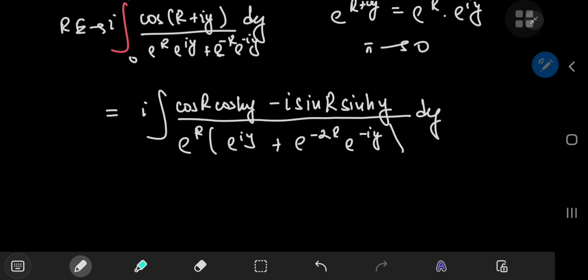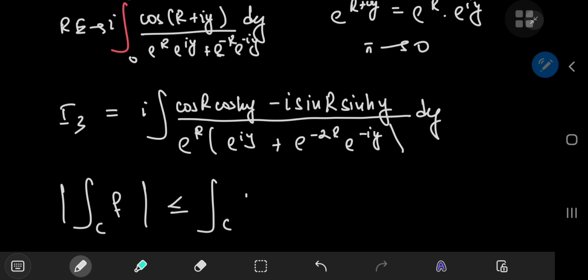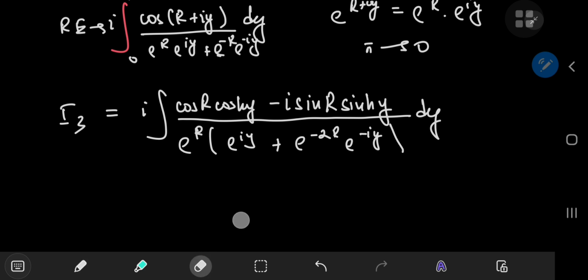So now, first up, let's call this I sub 3. And we know that the integral over some contour of a complex valued function f, if you take the absolute value of it, is going to be less than or equal to the integral over the same contour of the absolute value of f. So we're just going to use this sort of triangle inequality for integrals, and that means if I take the absolute value of whatever I'm integrating, I should replace the equality by a less than or equal to sign. And we can actually